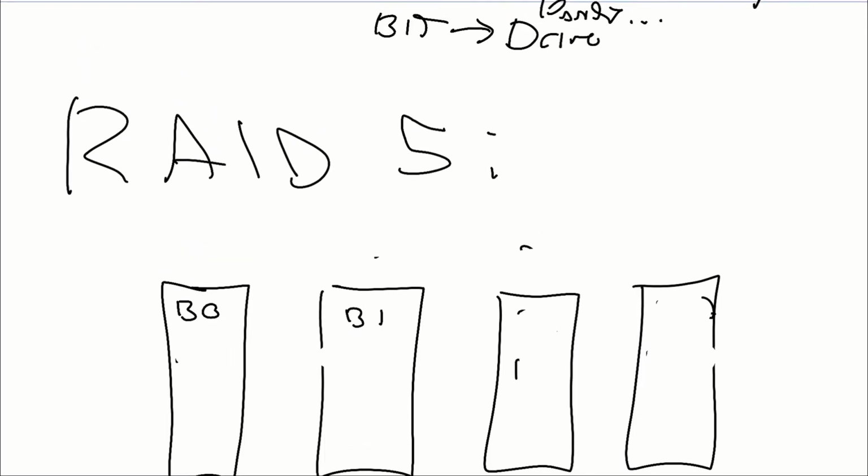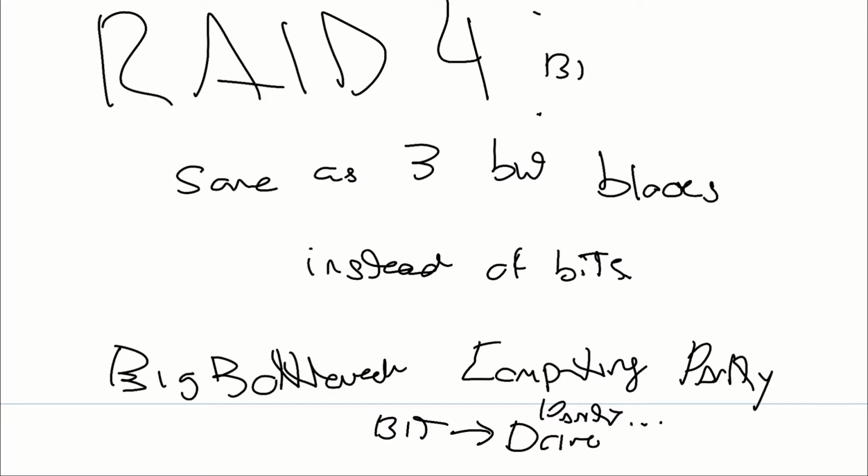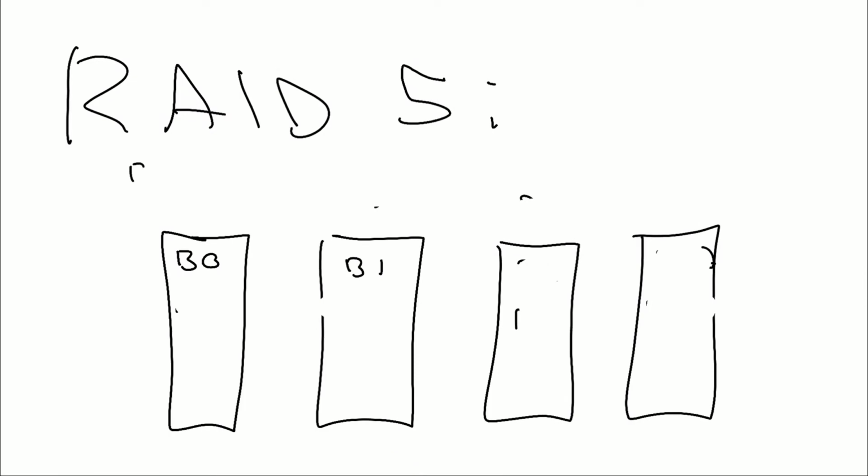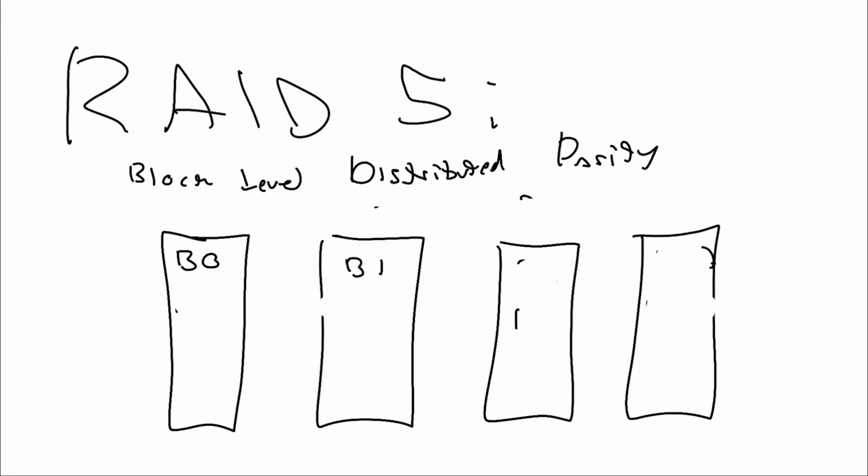So RAID 4 is block level parity, and RAID 5 is block level distributed parity. And what you do is you put the parity bits for 0 to 2 here. But then I am going to put, for example, blocks 4 here, blocks 5 here, and then parity bits for